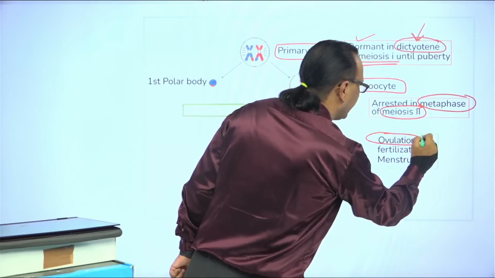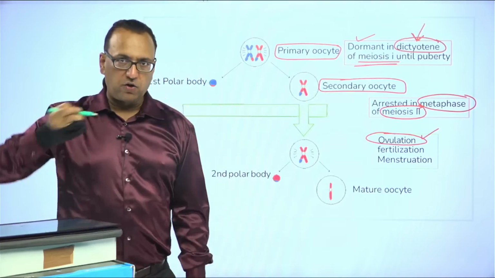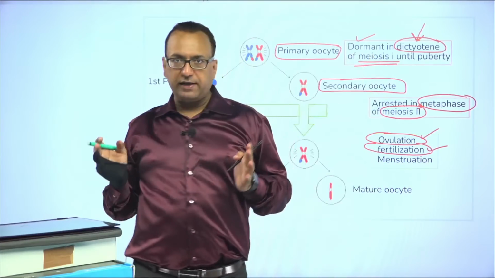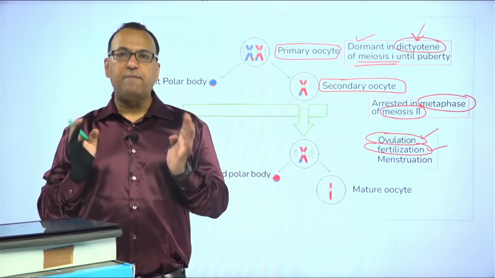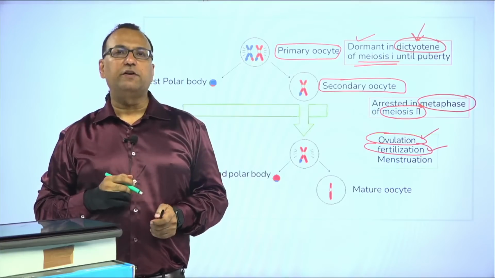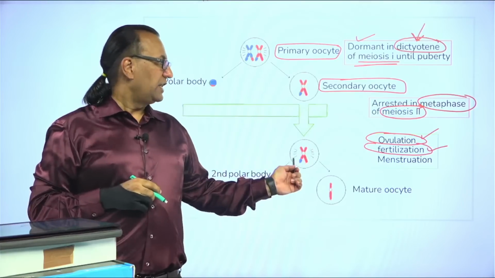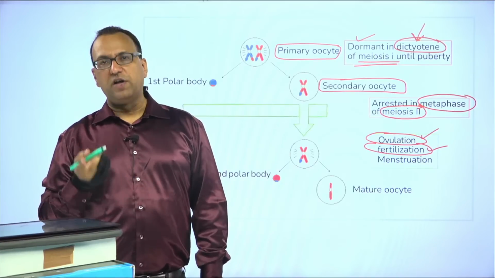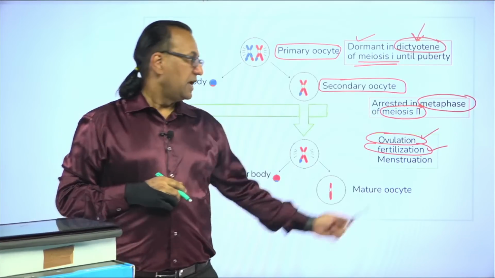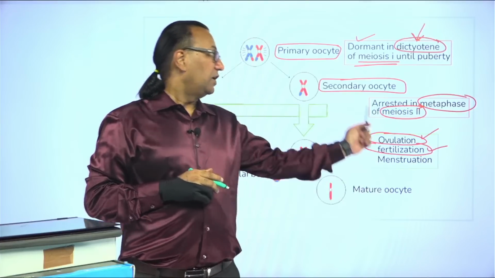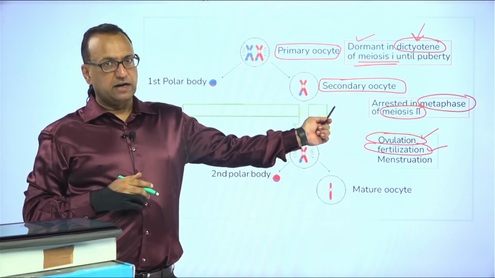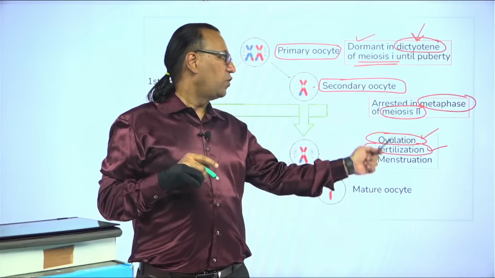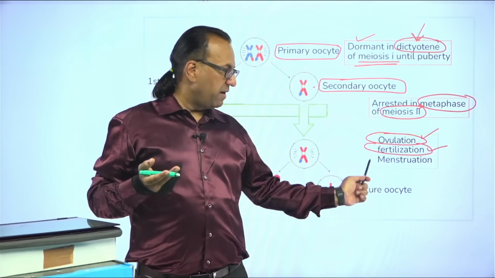If the sperm is available, then it will undergo fertilization, but most of the time there is no sperm available. Mostly there will be menstruation. So a question comes, it will be asking you, which cell undergoes ovulation or fertilization or menstruation? It's the same cell. Which cell is that? The secondary oocyte arrested in metaphase 2 of meiosis 2 is the one which undergoes ovulation, fertilization or menstruation, and